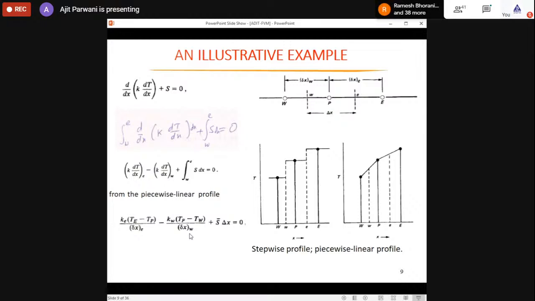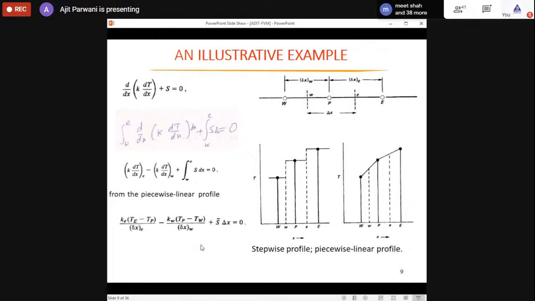So by making this linear profile assumption, we can convert these partial derivative terms into the appropriate numerical terms. Therefore the partial differential equation is replaced by this equation, and this equation is called the discretized equation. This discretized equation is obtained by assuming a piecewise linear profile. It is up to you. You can choose any other profile. If you want to choose a quadratic profile, you can do this. There is no harm. You can choose any profile. But if you choose this step type of profile, you do not get the value of the gradient at this surface.